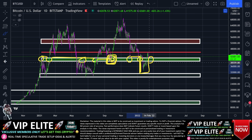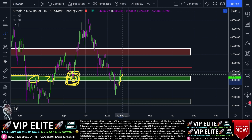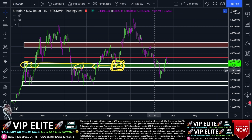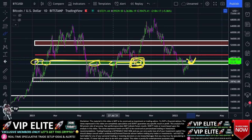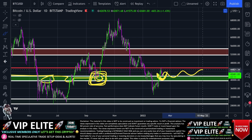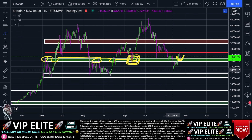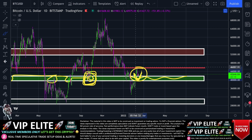Then it flipped into support over here, until we lost the floor of support, right? So one could speculate that this area was going to possibly act as resistance upon the backtest, but it didn't, folks. And this is actually very good news for the bulls, as we've gotten through this level, and you can see right now at the time of recording, Bitcoin is looking to potentially create support at this level once again. Now, this would be very, very nice, because if we are now able to create a floor of support above the 42K level, this would be a nice W in the book here for the bulls, in my opinion,